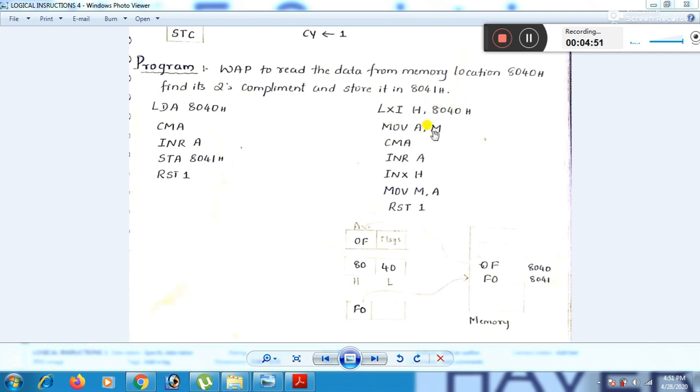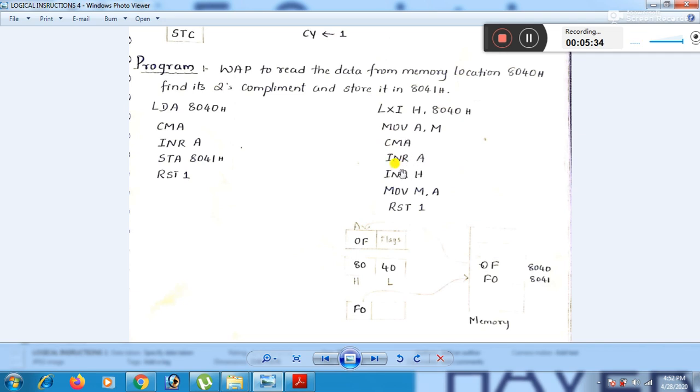Then the contents of memory location M are moved to the accumulator with MOV A,M, that is the contents of the memory location pointed to by the HL pair, 8040. Then we find the ones complement using CMA, and next the twos complement with INR A: the accumulator contains the ones complement after CMA, then adding 1 to it using INR A gives the twos complement.